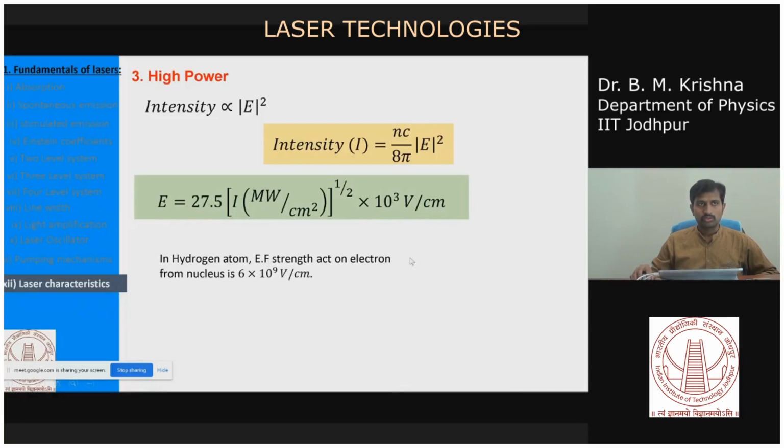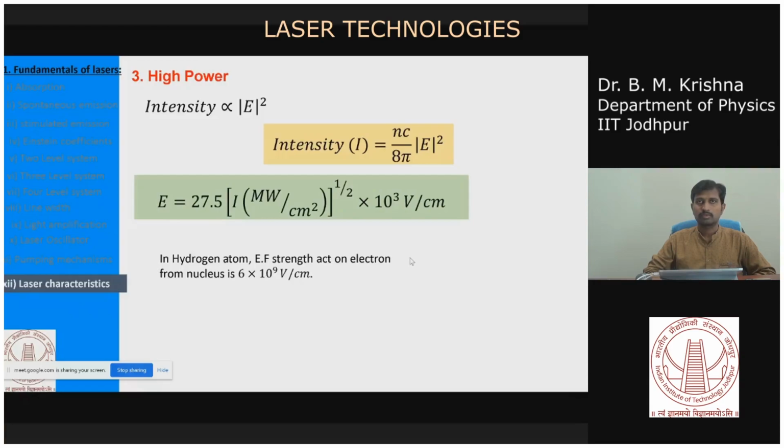Okay, so this reminds you that in a hydrogen atom, the electron experiences an electric field strength on the order of 6 × 10^9 volts per centimeter. Now, if you want to perturb the electron, you have to use a comparable electric field strength. Okay, so to do that you can calculate how much intensity is required to perturb